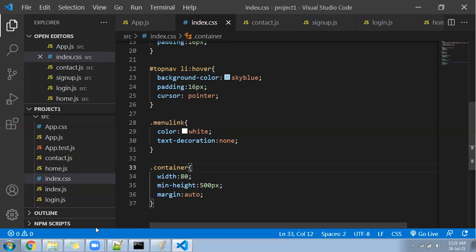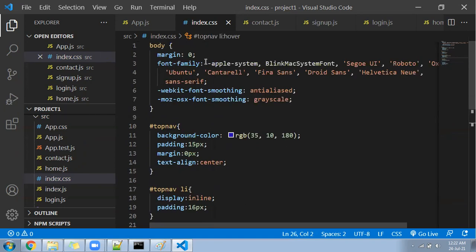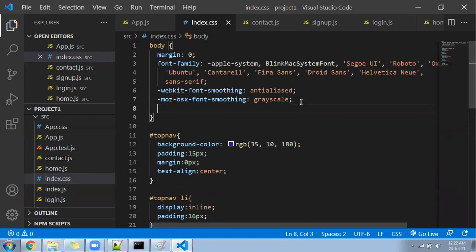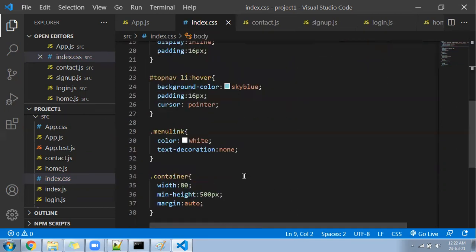Right, next inside the body we can write a class called background sky blue, and for the container the background should be white.